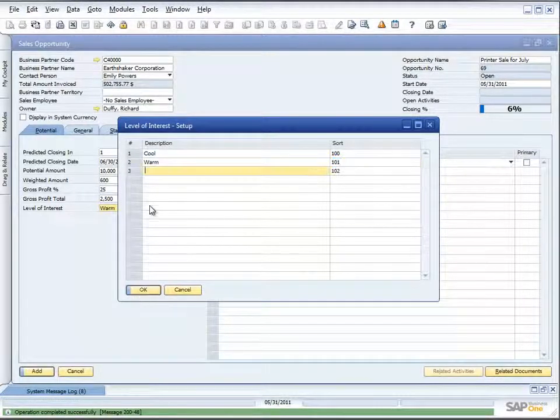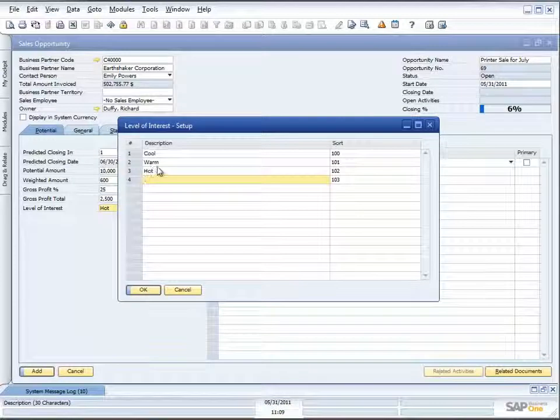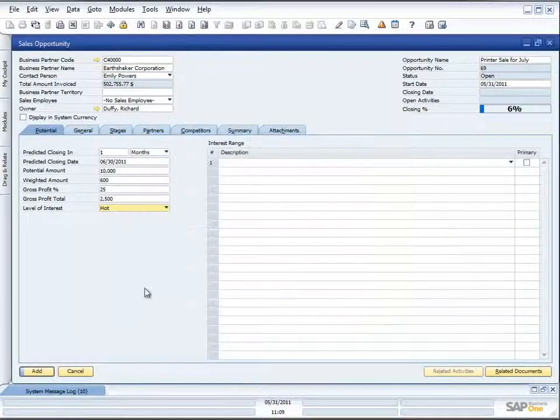And I might say hot is a third. Again, sales is a very personal thing, so inside your organization, you're probably going to have different ways that you describe the sales cycle and how you describe the level of interest from a prospect. You've got total flexibility there to control all of that. So I think this one is warm, so I'll say okay, and then I just choose warm from there,